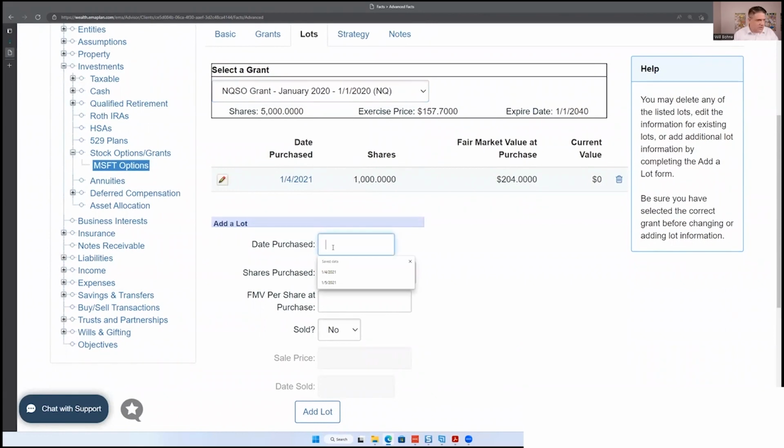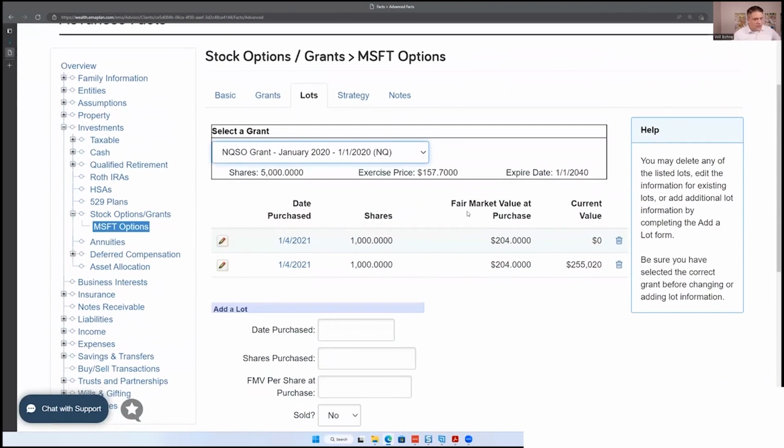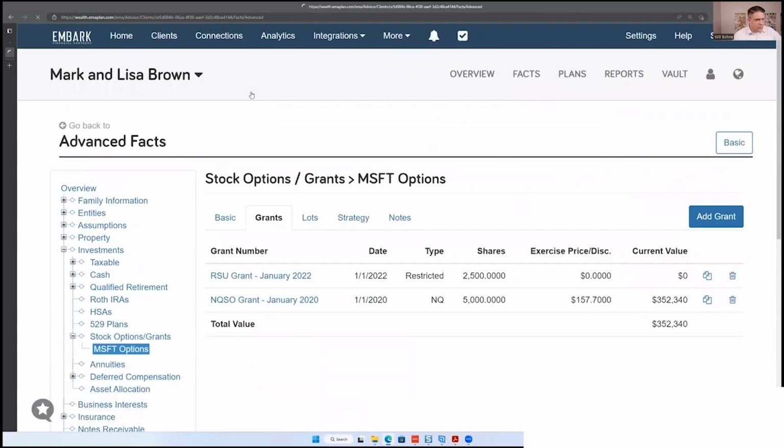So we're going to do another lot for the shares that he exercised and then eventually held on to. So let's go and get that date in. Another 1,000 shares, 204, no, add lot. And what you're going to see now is when you go back and look at your grants tab, the value